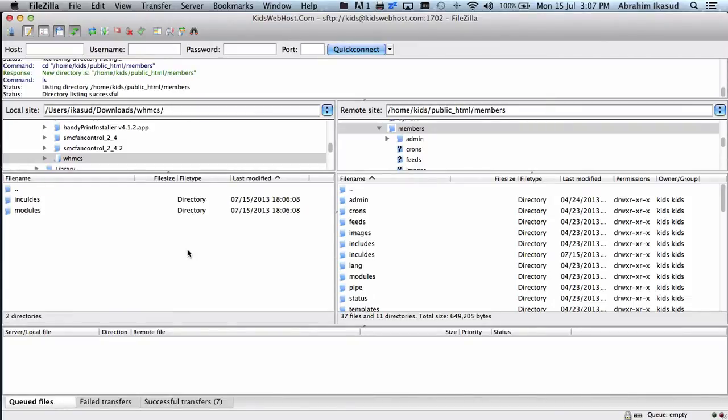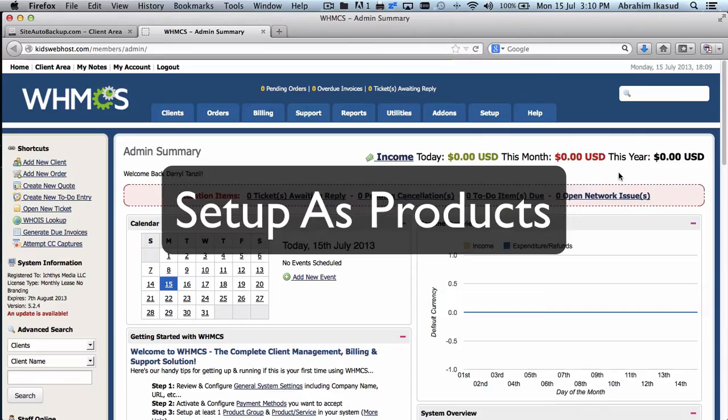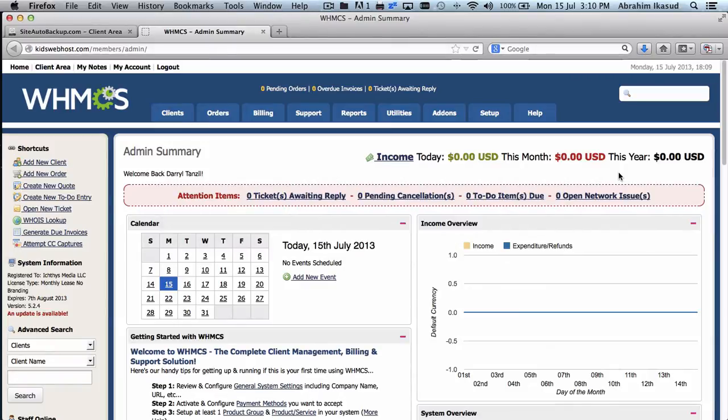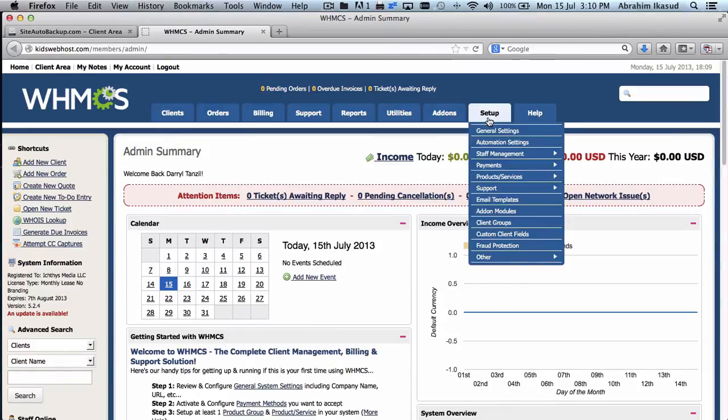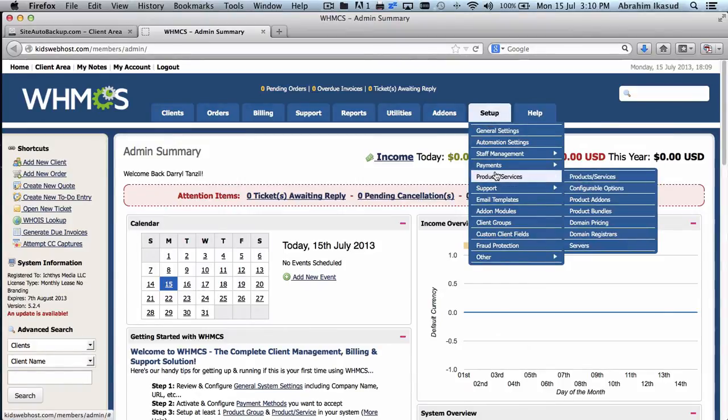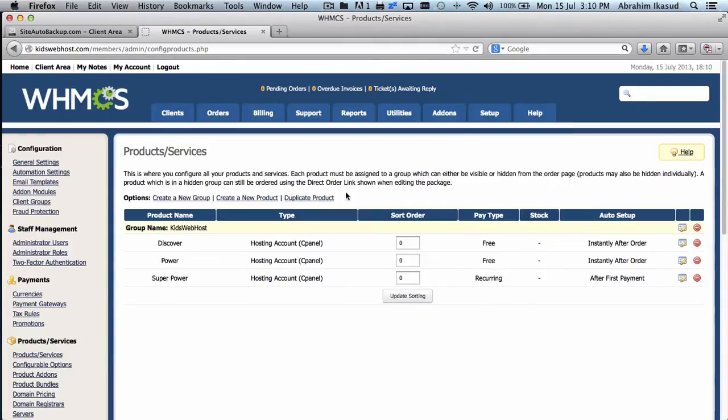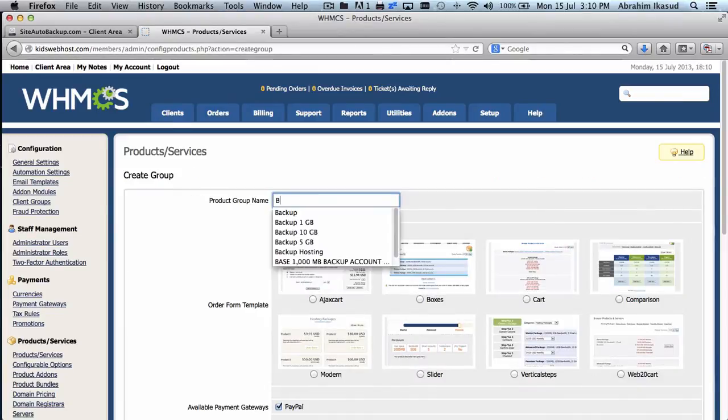Next, we are going to the second step. So the second step: log into your WHMCS admin section, and we have to create the backup group and the backup products themselves. I'm going to go to Setup, Products/Services, create a new group first, Backup Hosting,